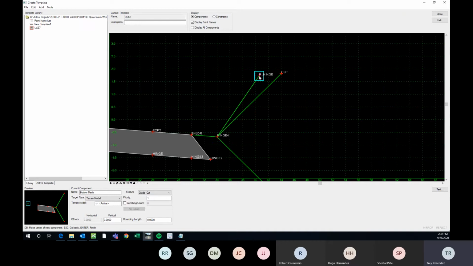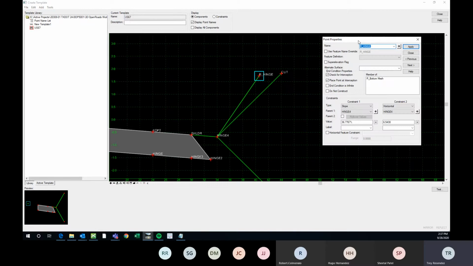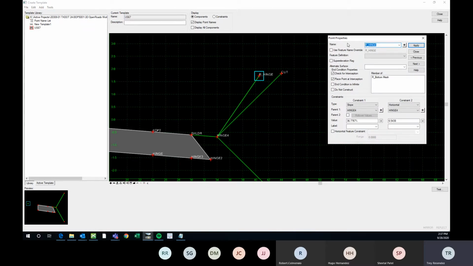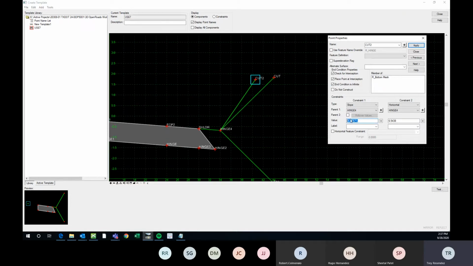I'll come here, left click, then right click to finish, and then I'll click on this point. And then we'll make this end condition infinite. We'll hit apply, and we'll make this slope, we'll just say it's